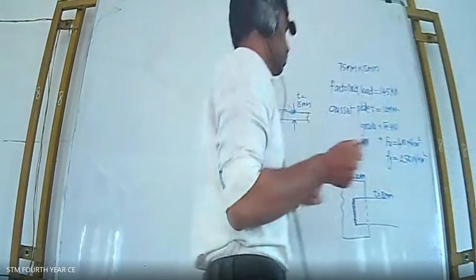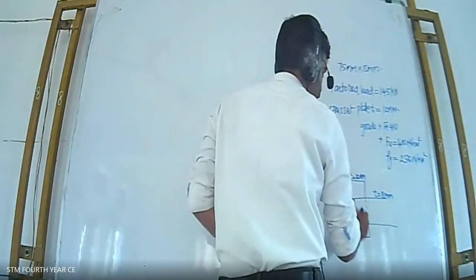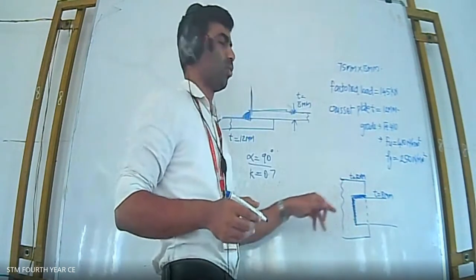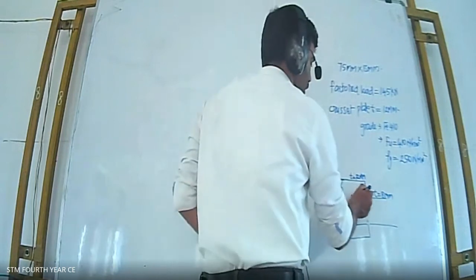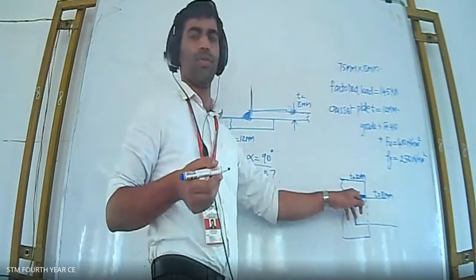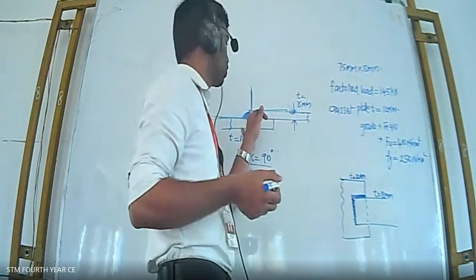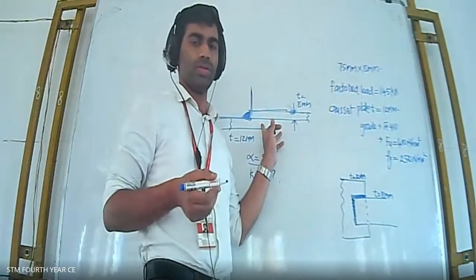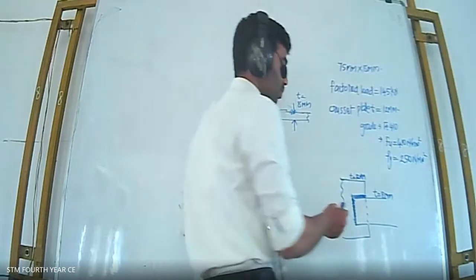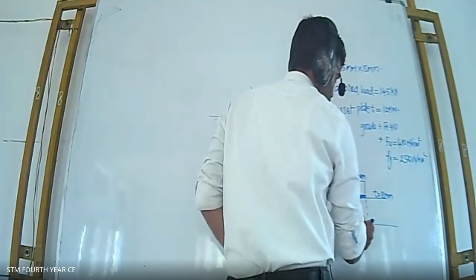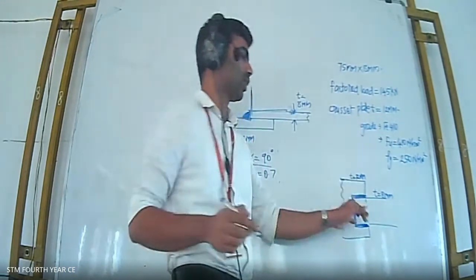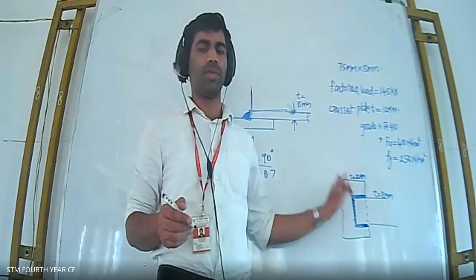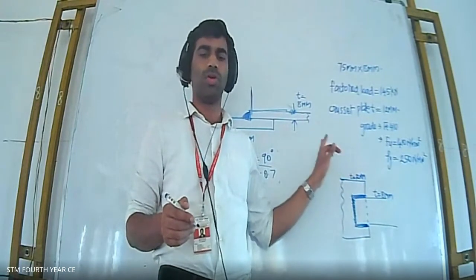And here, if this much length of weld is not sufficient, then you can go for this length also. This length can also be utilized. Here also, the angle alpha will be 90 degrees, because here also the situation will be like this. If you make a cross section like this, you will see a similar situation. If that much length is also not sufficient, you can provide welding here also. Along the three sides you can provide welding. All these stresses will be similar. Along all these three sides the stresses will be shear only, no tension, only shear.